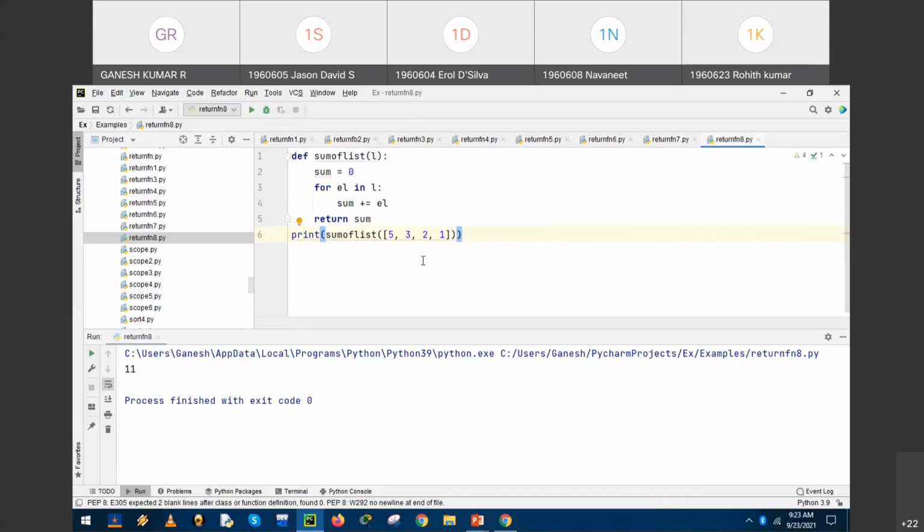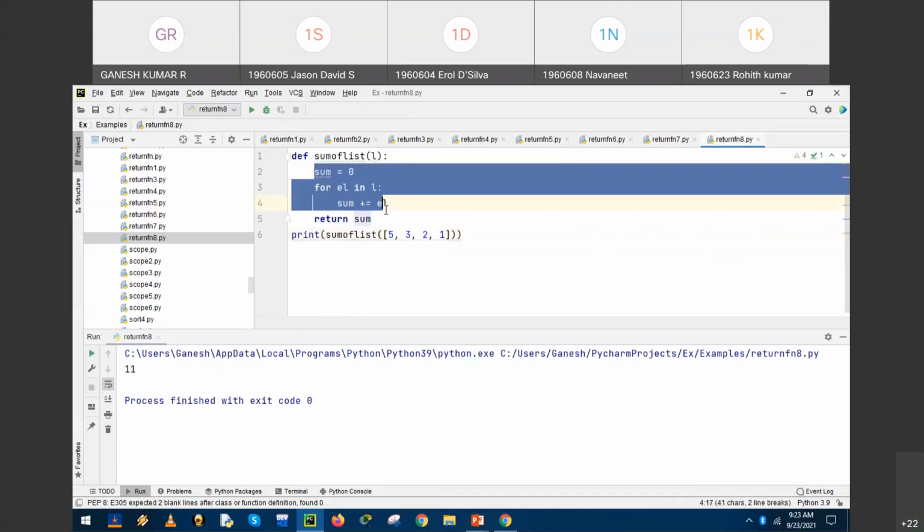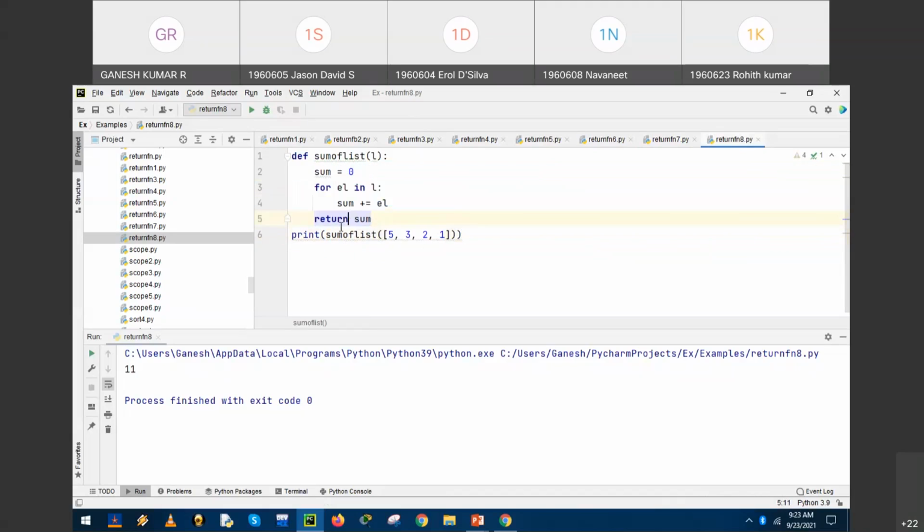The second variant, when invoked with arguments 5, 3, 2, 1, will cause the calculations as per the statement and return the value of the expression. Okay. Any doubts?